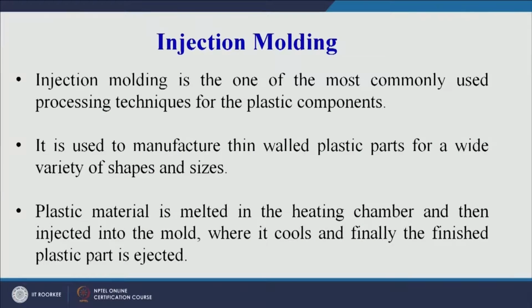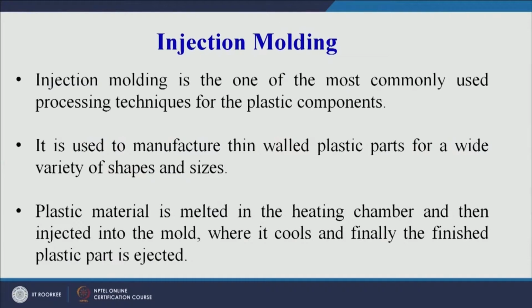First, let us try to systematize or outline what I have already explained in the introductory part of today's session. Now, injection molding is one of the most commonly used, as I have told, commercial, industrial scale processes for plastic components. So, it is not something which is in the research stage. Already different companies are making different types of injection molding machines, and at IIT Roorkee we have an injection molding machine which we are using for conducting our research work. So, it is a standard commercial process that is used for processing of plastic parts.